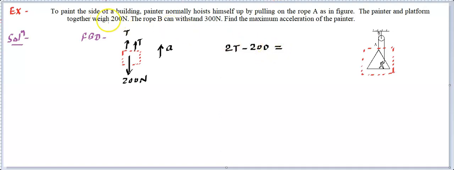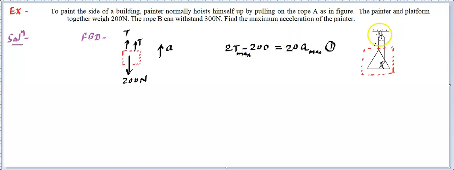How much is the mass going to be? The weight is 200, so if you divide by 10, that is g, it becomes 20. So you write it as 20 into A. From here you will find that this is the relation. Now if you know A, you can find T. If you know T, you can find A. That's what the relation says. But what is given to us is the maximum tension on this string, and what we need to find is the maximum acceleration. So from here it's clear, if you want A to be max, of course this must be maximum. Can you see this from the simple equation? If you can catch it, then it's done.